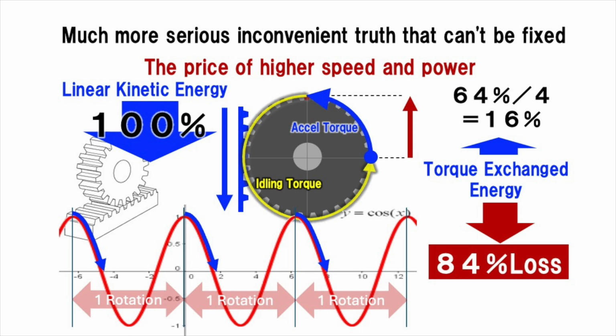And in the case of acceleration exceeding the acceleration of gravity, the effective acceleration rotational range is limited to 90 degrees in order to reduce losses, and must be narrowed to 1/4 of 360 degrees. In other words, logically, the loss of converting to 360-degree circular motion increases to 84%. And there is currently no mechanical technology that can eliminate this.